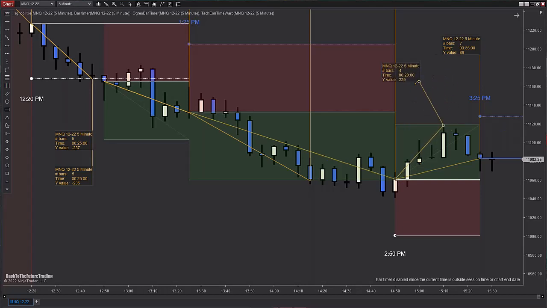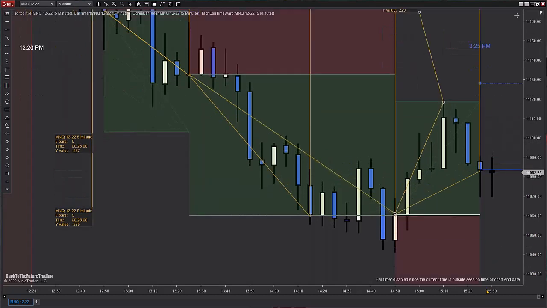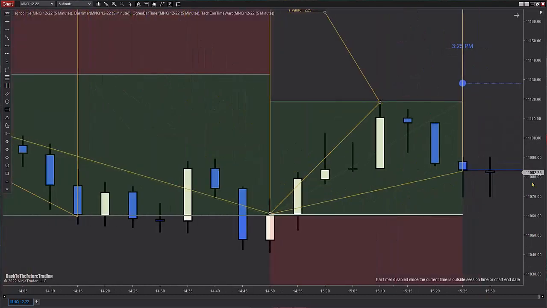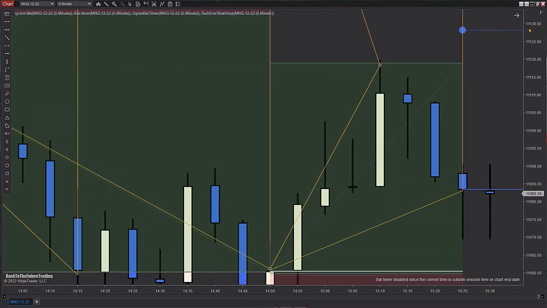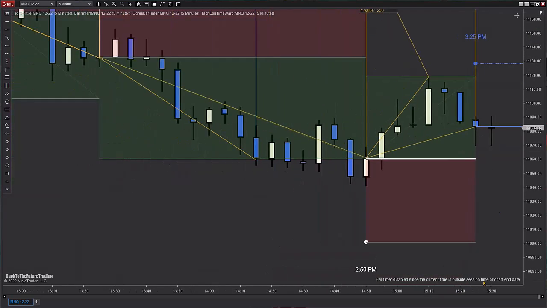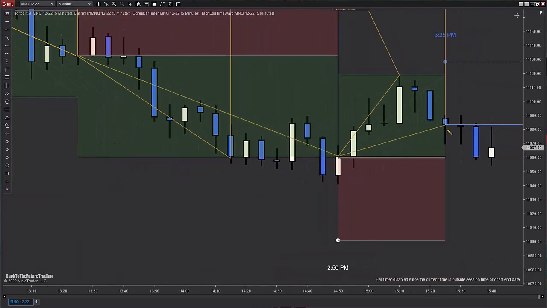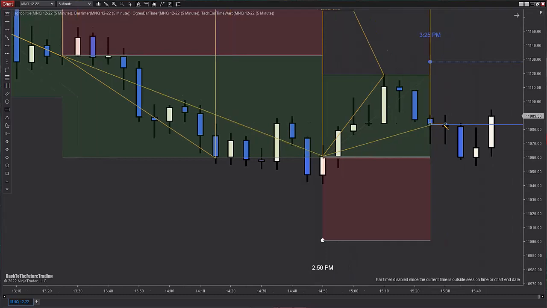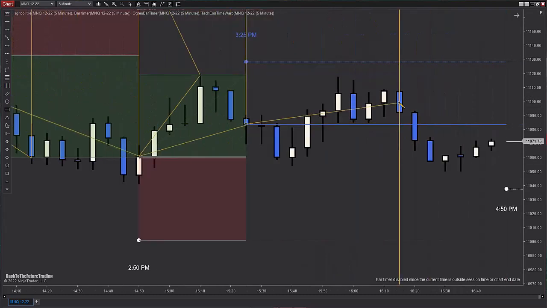We'll zoom in on that just so you can see. I mean, there's no fudging going on there. There it is. And the cool thing is that's not even really that rare. So there you go. Okay, and then 3:25, we're almost done for the day, and then we're going to enter one runner and one-to-one.